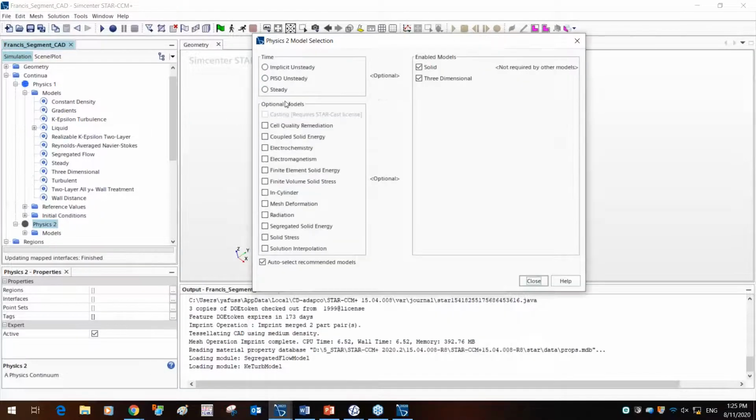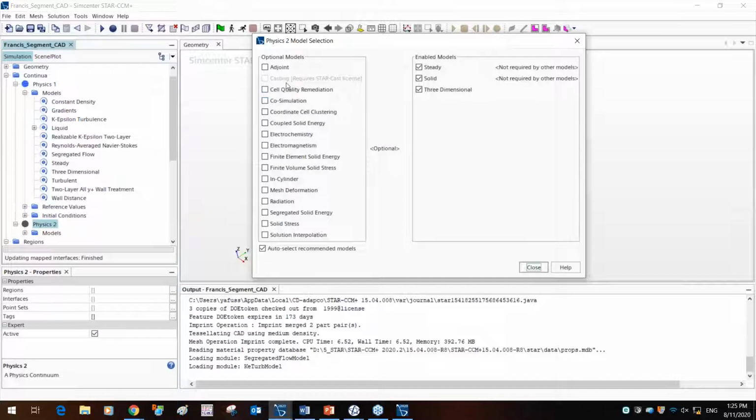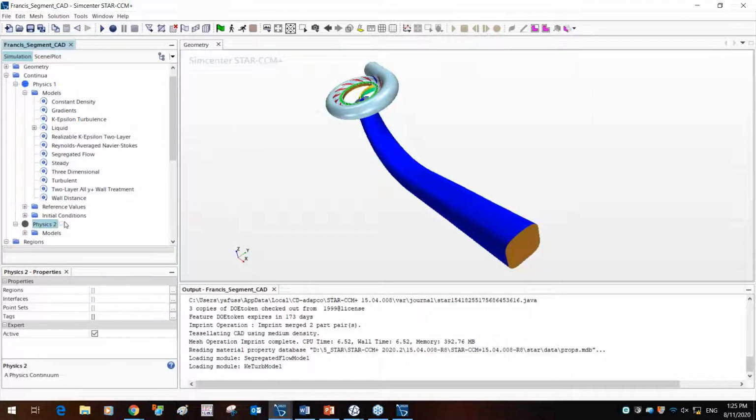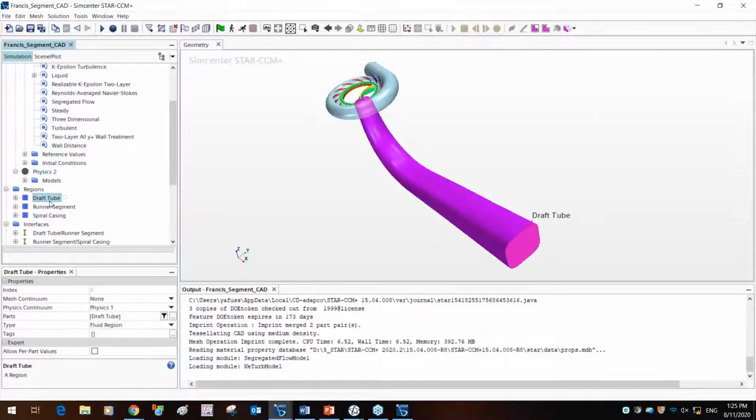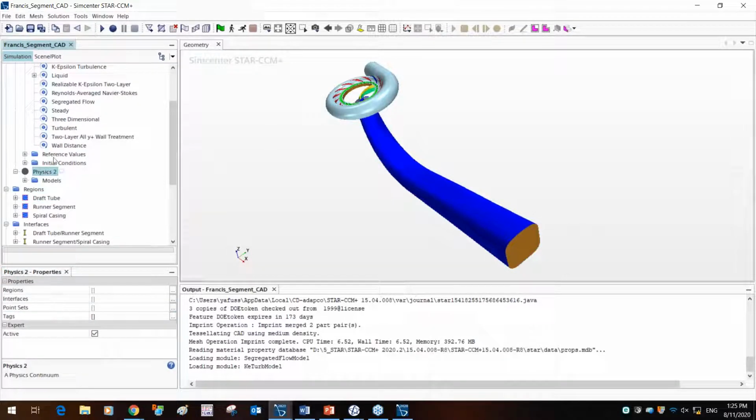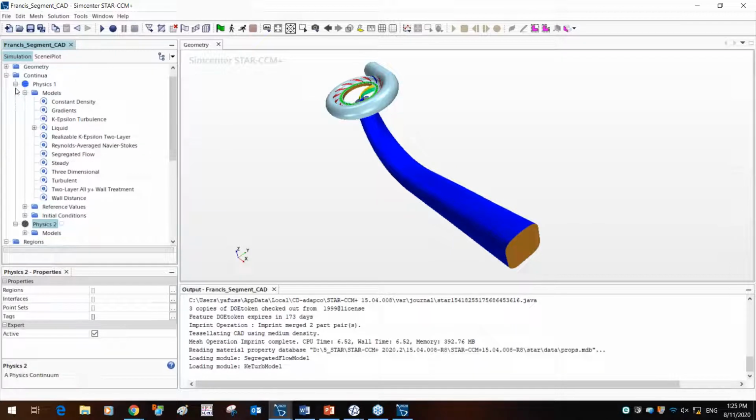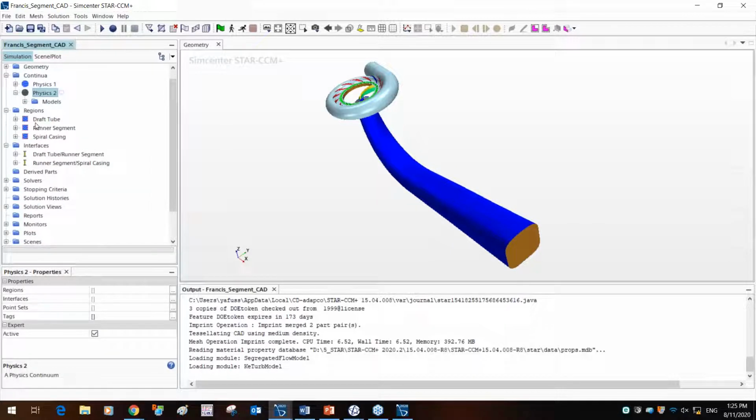Now you're solid and you say steady. You could activate the finite volume stress energy solver to activate the solid stress model to activate the finite element solver for solving the solid. But you can then say if this was the actual draft tube, you change the physics from physics 1 to physics 2, then it'll be modeled as a solid. So that's the relationship between continuum and region.